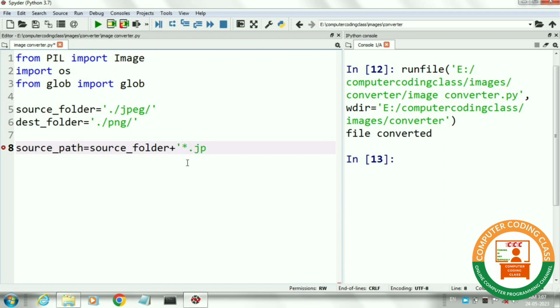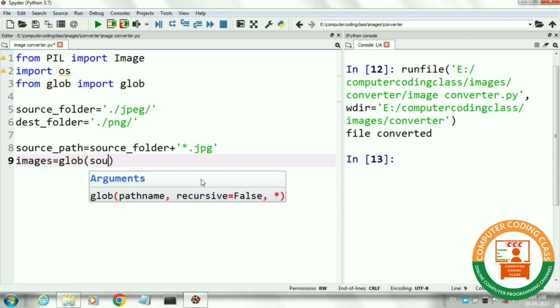This string is assigned to variable source_path. Next, we will insert this source_path string into the glob function, and the glob function will give us a list of paths of all JPG images. All these paths will be stored in a Python list named images.